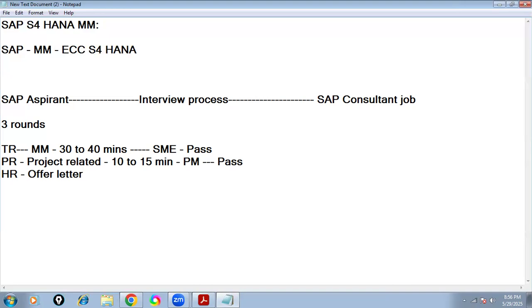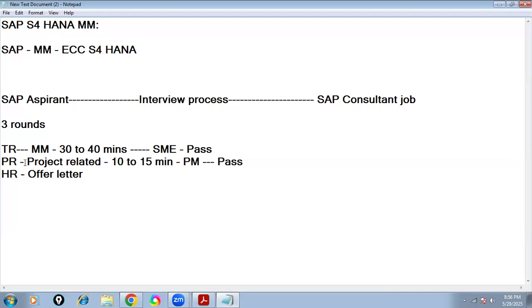Experienced jobs are always more. Suppose I have 2 years of experience in some other company as a design engineer, quality engineer, accountant, teacher, lecturer or whatever. You can show that experience in SAP and try for the job. How to convert that experience into SAP, and how to map the things, I will take care of. Don't worry, this is just a high-level idea. So the subject is our technical round, the project is the project round, and finally HR. This should be clear to everyone, students.